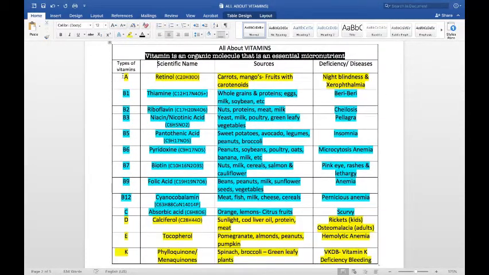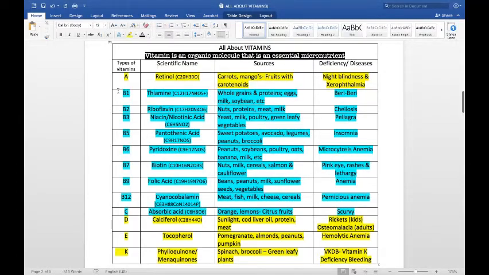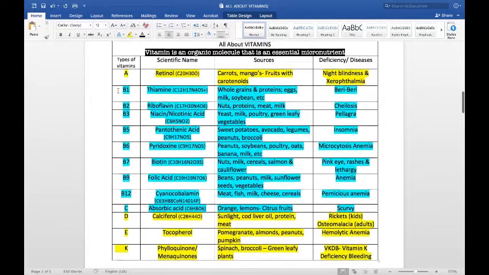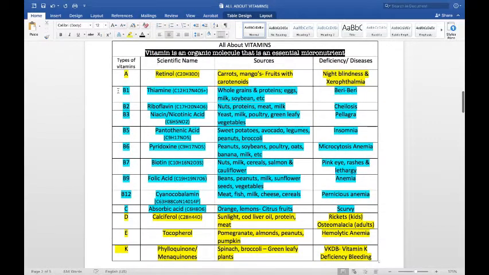So the ones that I've highlighted in yellow are fat-soluble. Fat-soluble vitamins are similar to oil as they do not dissolve in water. So these are abundant in high-fat food and absorbed into the bloodstream directly, whereas the ones that I've highlighted in blue are water-soluble vitamins. So I hope you find that the highlighting will help you understand and differentiate between which is a water-soluble vitamin and which is a fat-soluble vitamin.